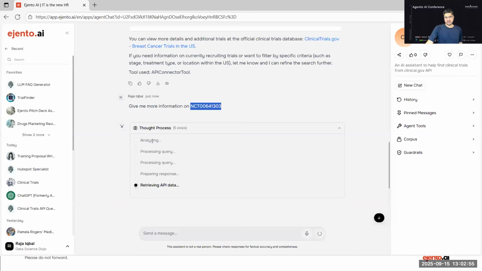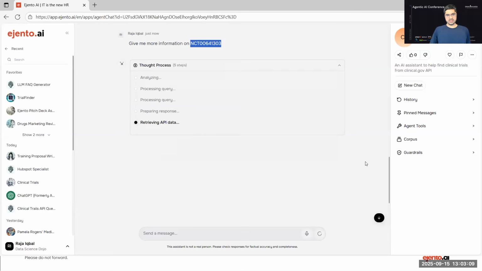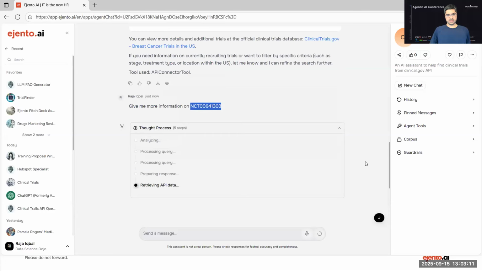And you can see that we are analyzing the query, processing the query, and it is going and fetching the results right now for this. Let's see. Hope this goes through quickly. Don't have much time.